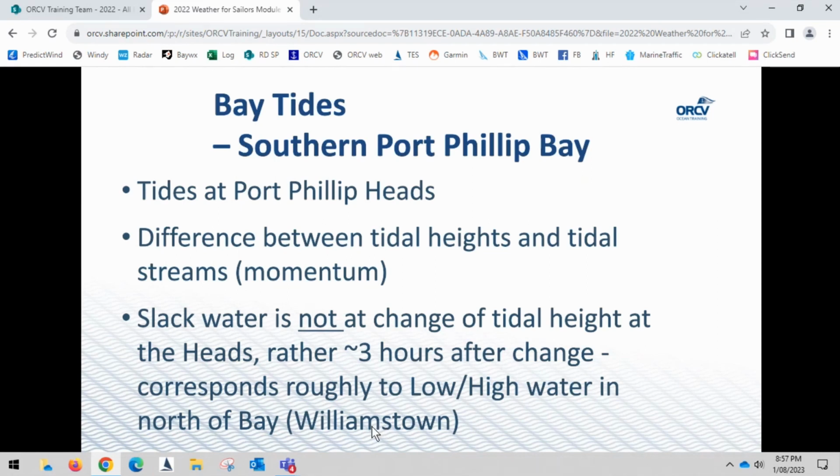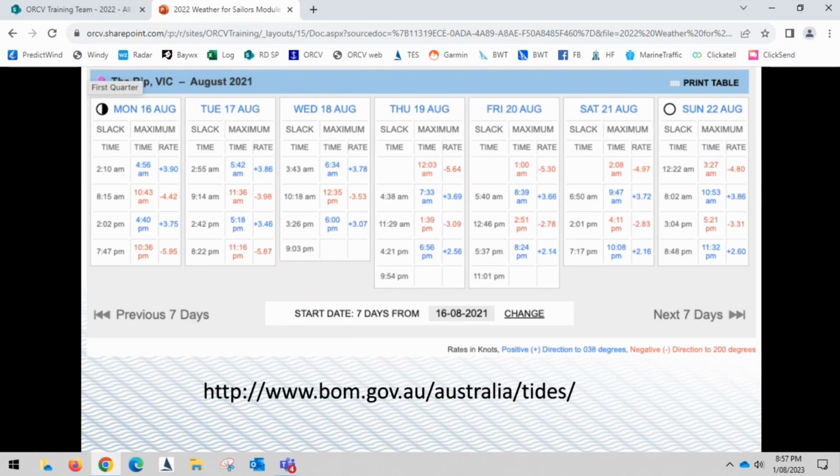The tidal change corresponds pretty close to Williamstown at the northern end of the bay, and quite often at Bars, I believe it's very similar. When you go to the BOM site and you look at the tidal details, they have stations that you can request the tide for. There's only 3 stations in Australia, I believe,